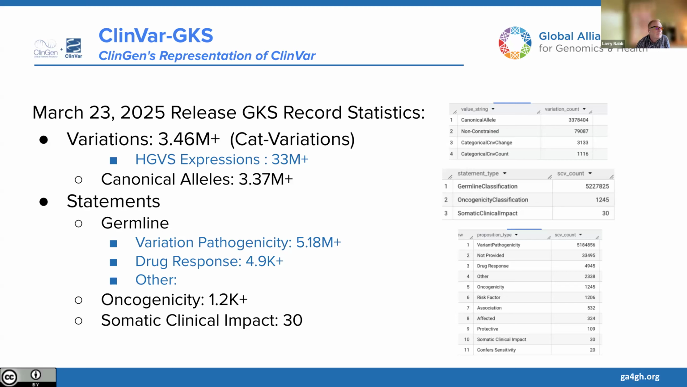They're just starting to come in. Again, these numbers are from March. Those numbers are definitely higher now, but the very small amount of somatic, we expect that's going to increase fairly rapidly over time. But the bulk of it's in the germline disease area, where the bulk of the submissions